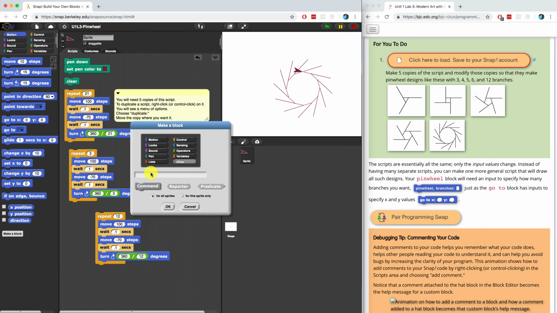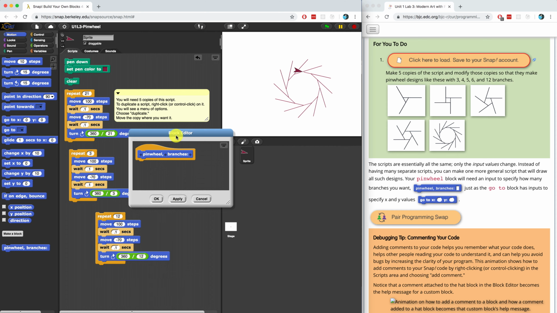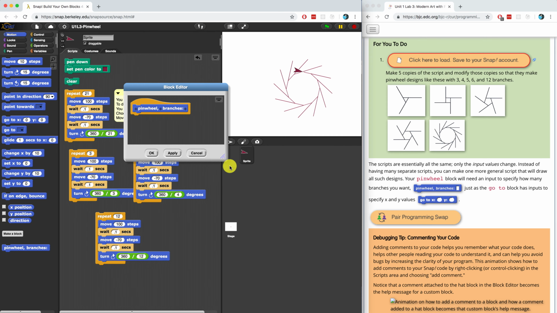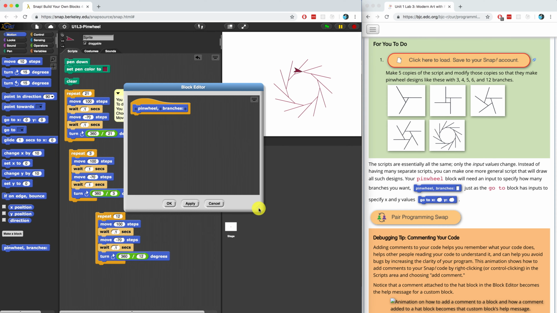Now I'm going to name this block pinwheel, comma, branches. So after the branches, I'm going to have some sort of input box. And this is going to be a command block because I'm going to have the sprite doing something and moving, so we're going to choose motion for the block, so it's a blue block. I'm going to hit OK, and great, we have our block editor open, and now we can start putting code